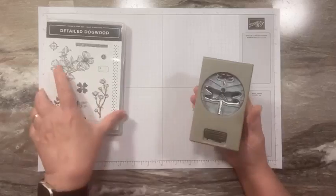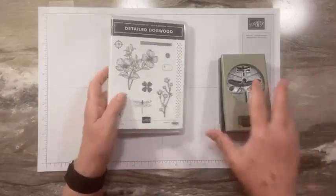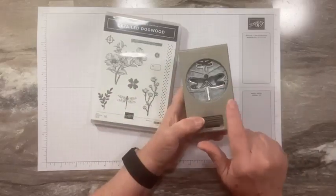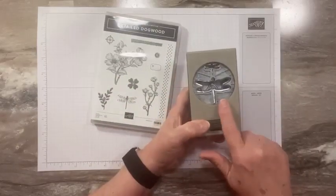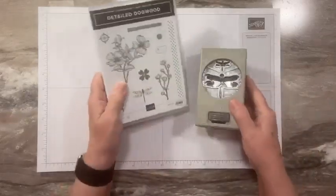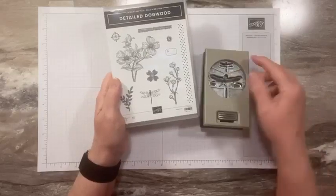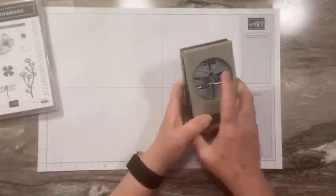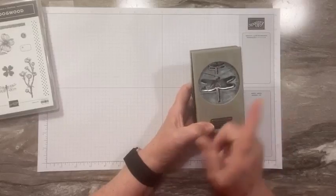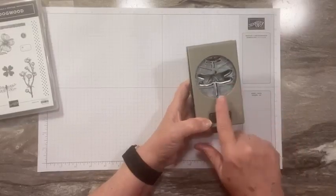This one, I looked through the whole catalog, both catalogs. Nobody has a dragonfly. This was carried over from last year where it coordinated with a dragonfly stamp set. No dragonflies in the current catalogs, except for this one, which is right between the two sizes. So I'll 99% guarantee you this is going to be leaving at the end of the